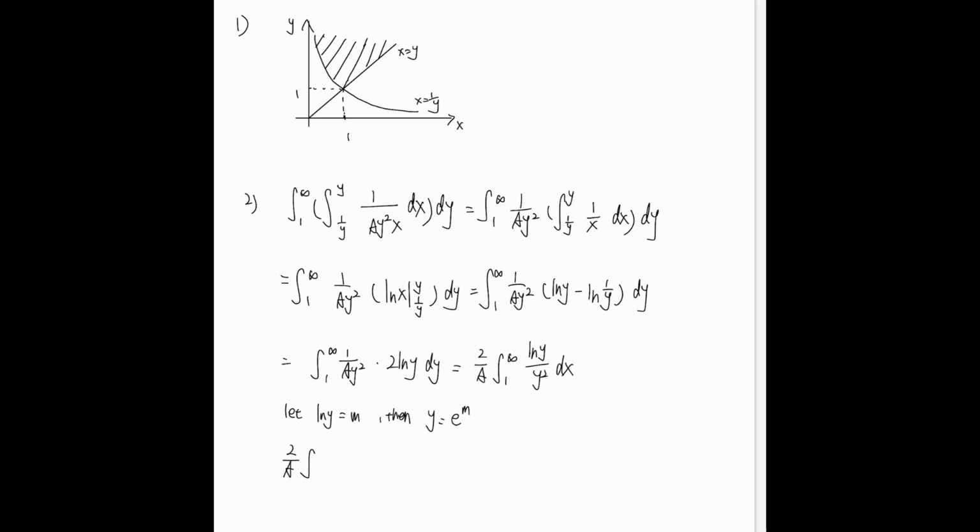So 2 over a times the integral of log y over y squared dy equals 2 over a times the integral from 0 to infinity of m over e to the 2m d e to the m,